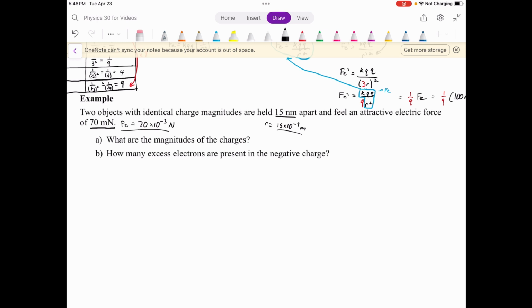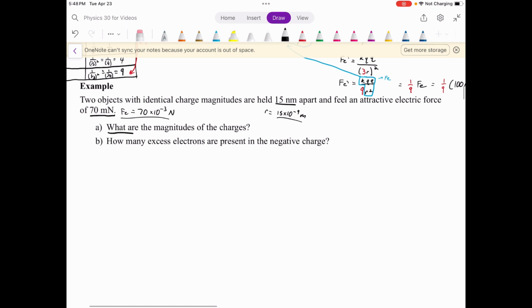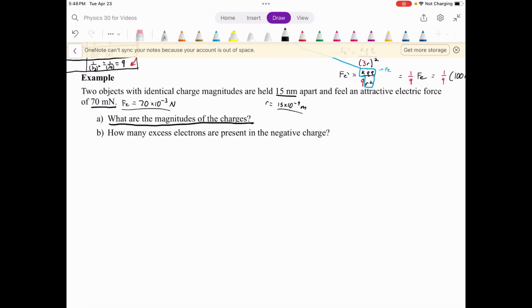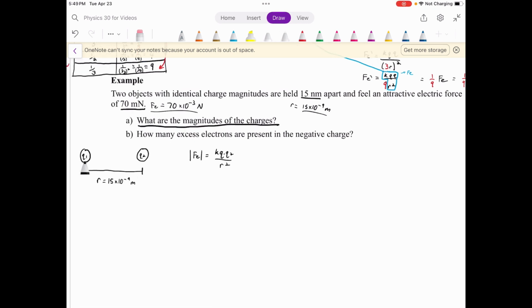So there's our electrostatic force. There's the distance they're held apart. We're being asked in A, what are the magnitudes of the charges? So we want to figure out the charges. Well, we know that for two charges being held apart at a certain distance, R, I just drew the picture to represent this here, we can calculate the electrostatic force between them, attractive or repulsive, of what force they're feeling because of each other, with kQQ over R squared. Well, we were given Fe, the force between them. We always have k, that's a constant, 8.99 times 10 to the 9, and we were given the distance between